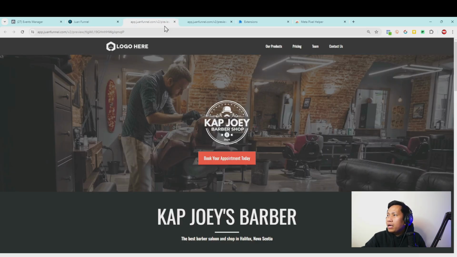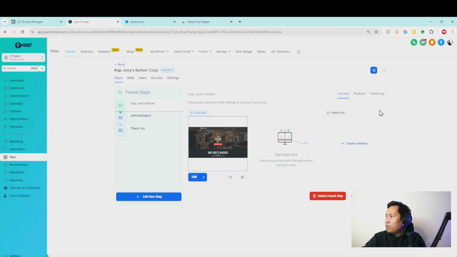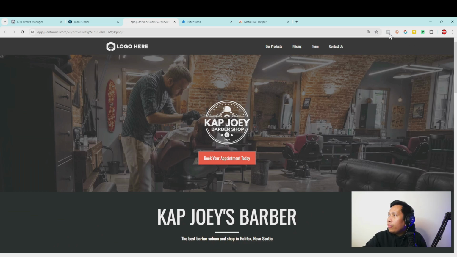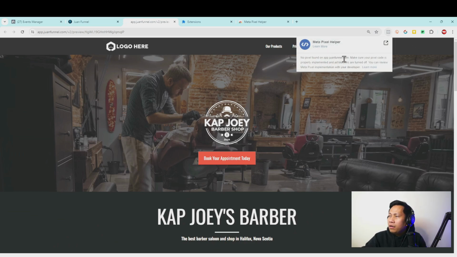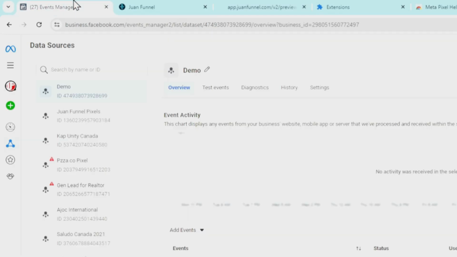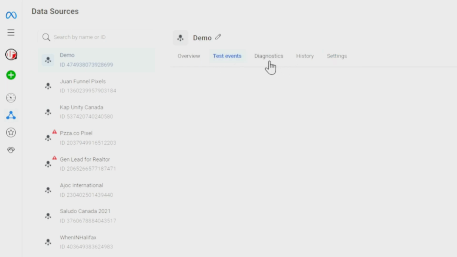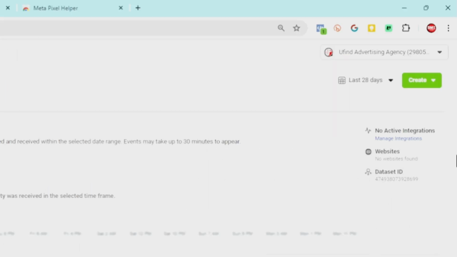If you go back here to view this, I'm going to view the page, and now there is no Facebook pixel here. So that's how easy it is to add and delete Facebook pixels on your Go High Level account. So again, we're going to add the Facebook pixel. Simply go here. I'm going to copy the Facebook pixel again.